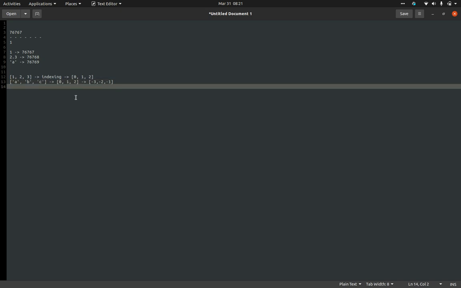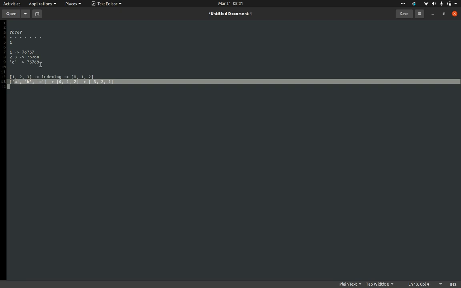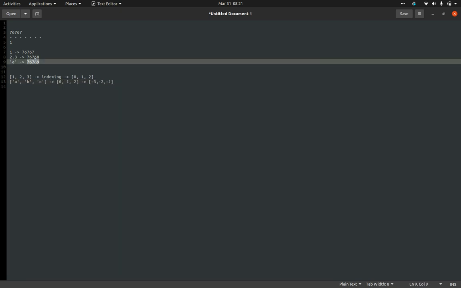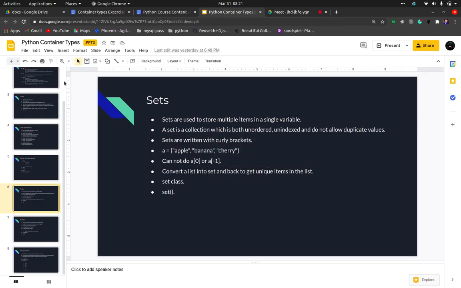Since in sets we don't have any indexing, we are just mapping these values to the address. So we are cutting off half of the memory space. This is useful when we have memory constraints, where we can only use up to this much memory, then you can use sets for memory optimization as well.